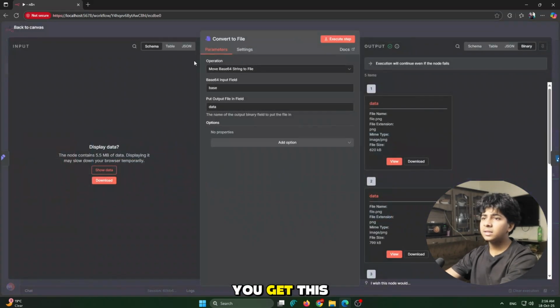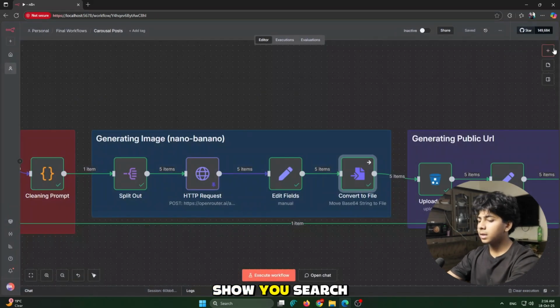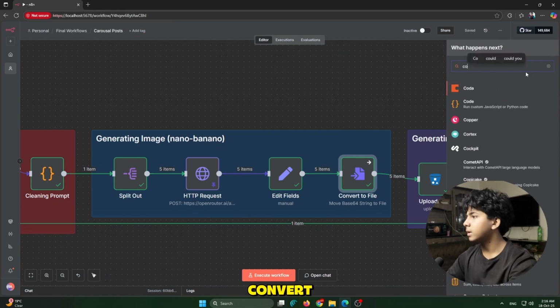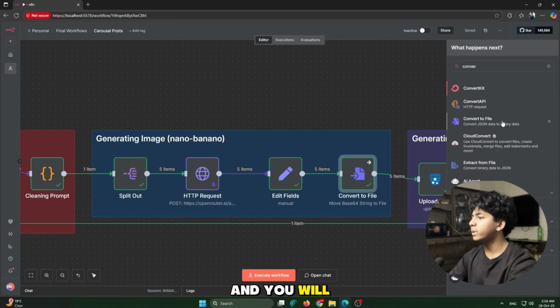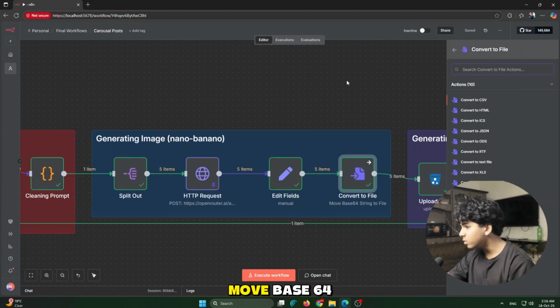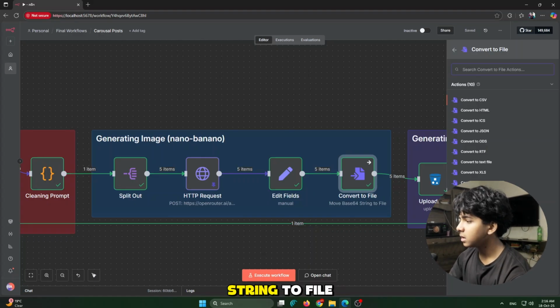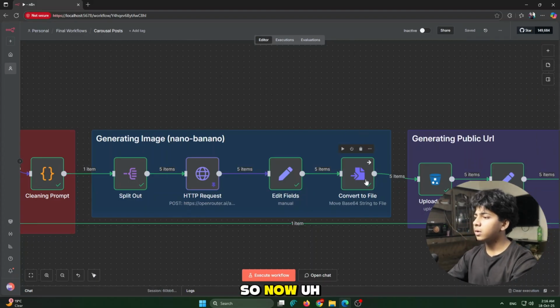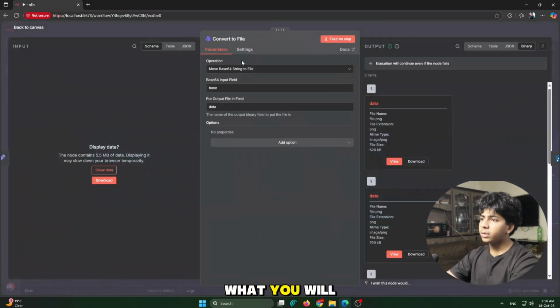So how can you get this node? I am just going to show you. Search convert to file and you will find this, and just click move base 64 to move base 64 string to file. Yeah, so now what you will do right here in the base 64 input field,